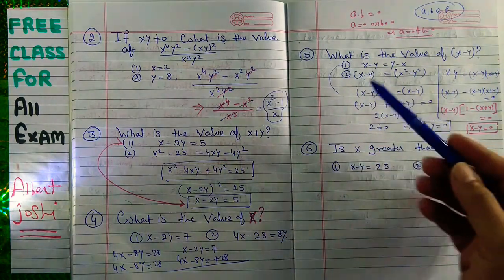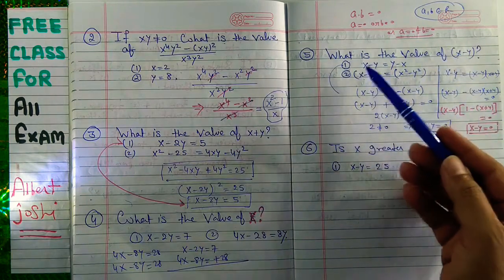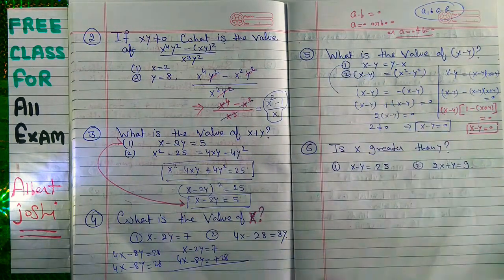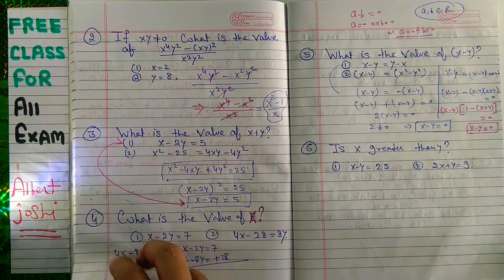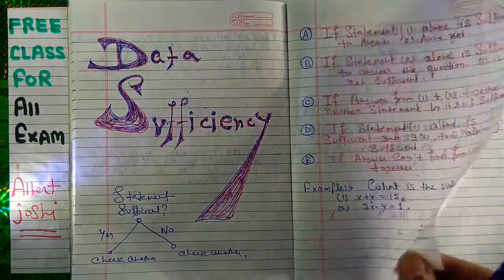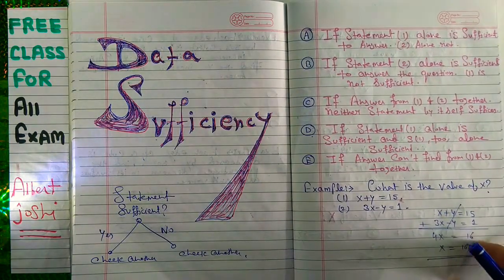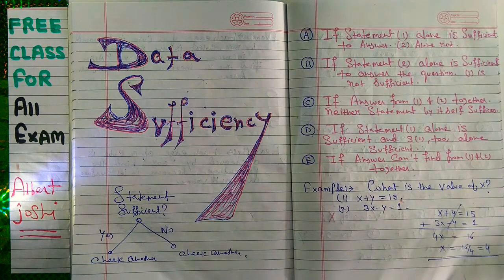Now we have seen. We are finding the value of x minus y by the help of this equation and this equation. Both we can observe. This implies that x minus y is equal to 0. Since a number is equal to its negative only for one value, therefore the number is equal to 0. So your answer, you can think, statement 1 also is sufficient.